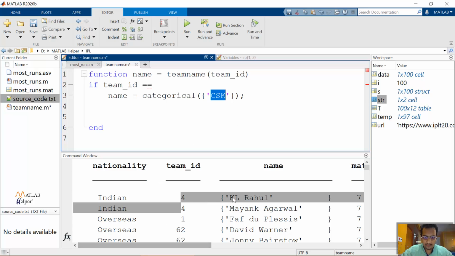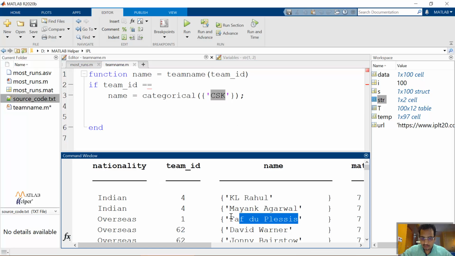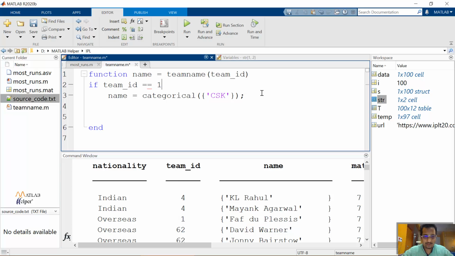Since I don't know, I'll just remove that for the second. Let's see, based on this character right now, Faf du Plessis, I know Faf du Plessis plays for Chennai Super Kings. At least in this season he is playing for CSK. So CSK's code is 1, so that was the proper number. Else if,